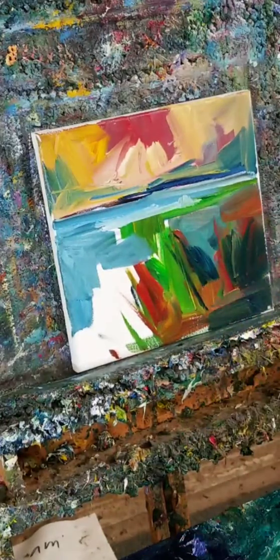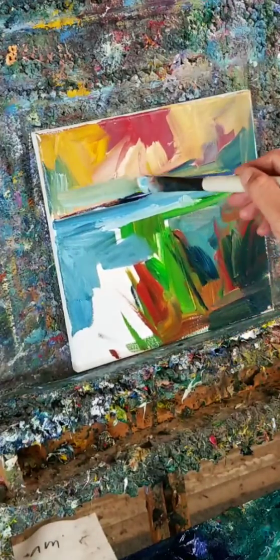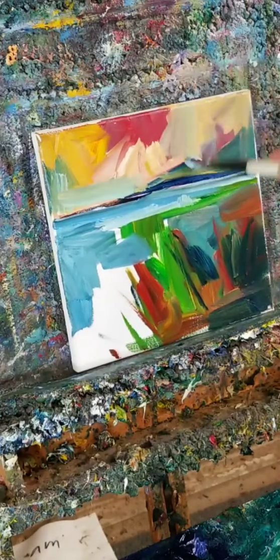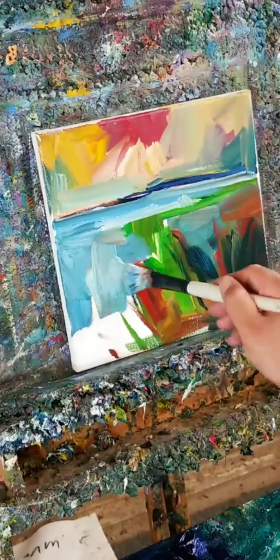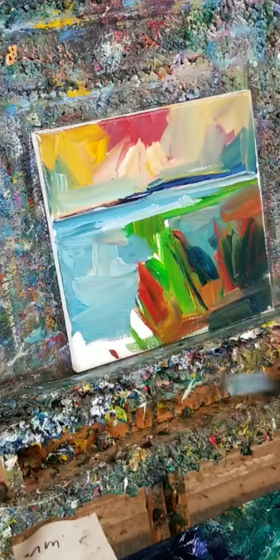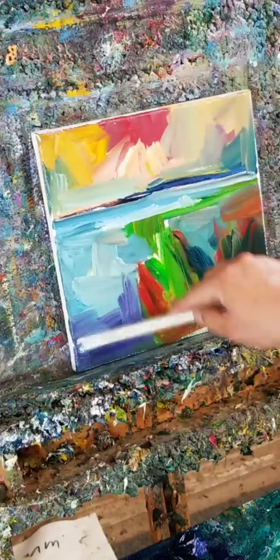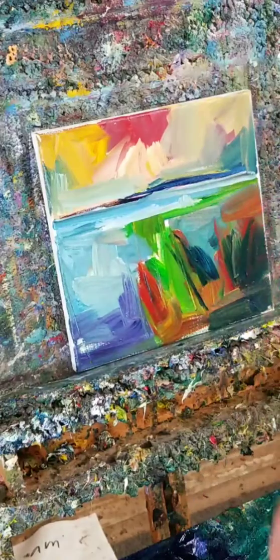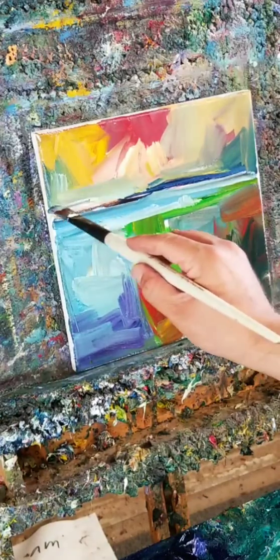So I'm not focused on the painting, I'm focused on painting only. 90% of my focus is not on the painting itself, it's on the act of painting. It's playing with color. And yeah, in the back of my mind, again, there is something going on here. There's a marshland. There's something going on, but I'm not invested in it. I'm going to let it come forward as it needs to,